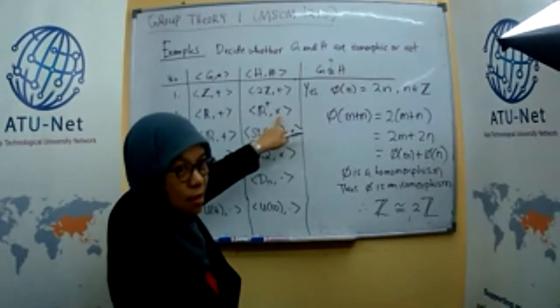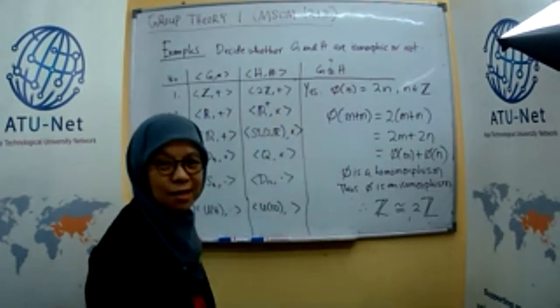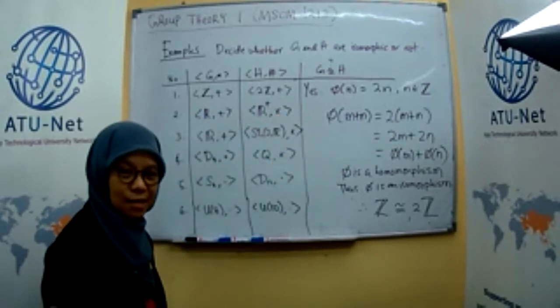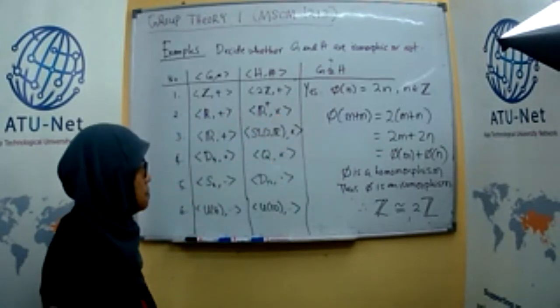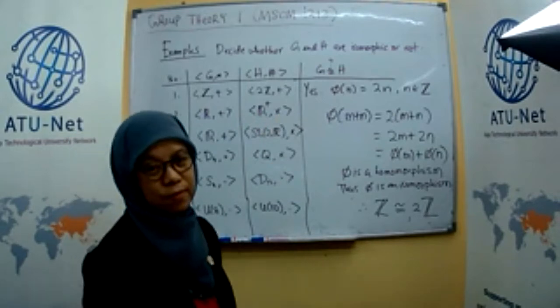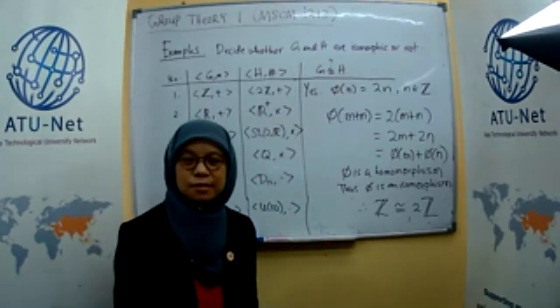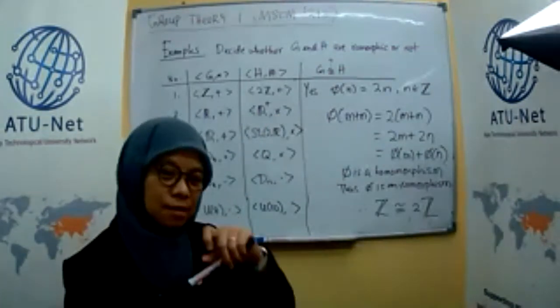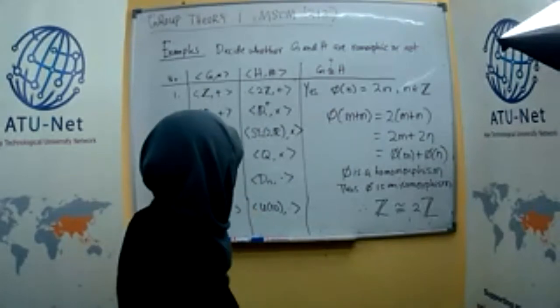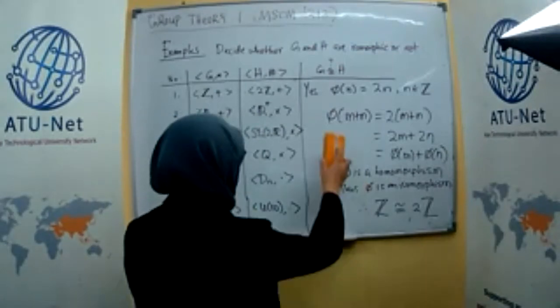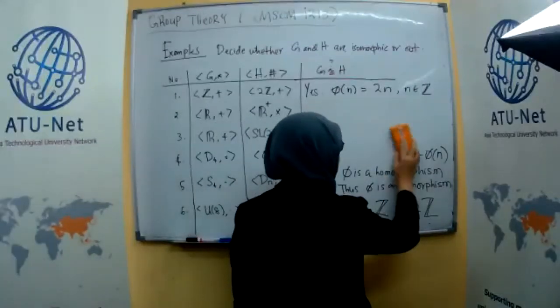If isomorphism must be preserving the operation, was it necessary? Isomorphic? Yes. So the operation in the U is plus, addition, and the H is multiplication, so not preserving the